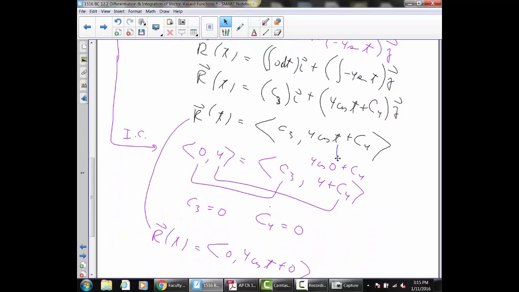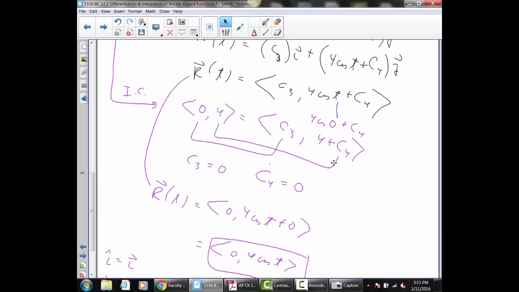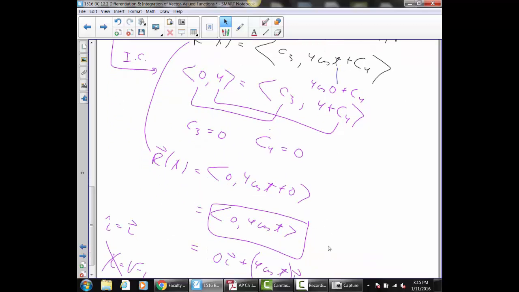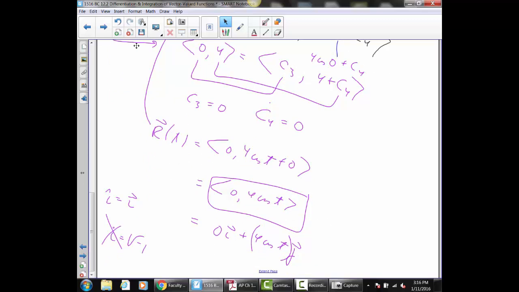So if I replace the t by 0, I get to replace the left side by 0, 4, and you'll end up with c3 is 0 and c4 is also 0, as it turns out. So r of t is 0, comma, 4 cosine t plus 0, so it's 0, comma, 4 cosine t, which they might write in